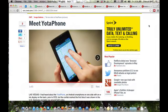All right. Speaking of phones, we also got some time yesterday with the Yota phone. Roger, you cover mobile. What's your angle on this? What excites you or doesn't excite you about the idea of the phone with the e-ink display on the back side? We talked about this a couple days ago, but I'm a little skeptical about it because there's